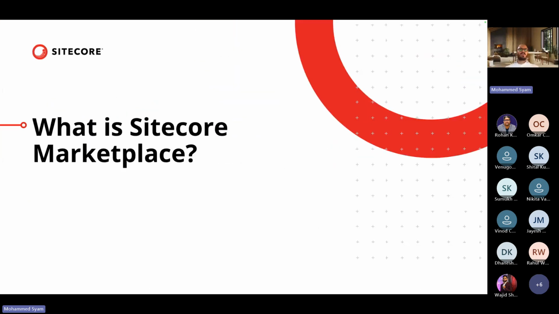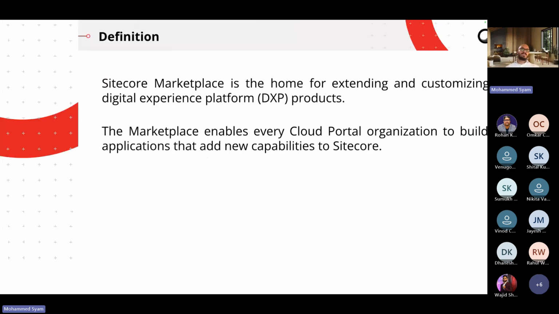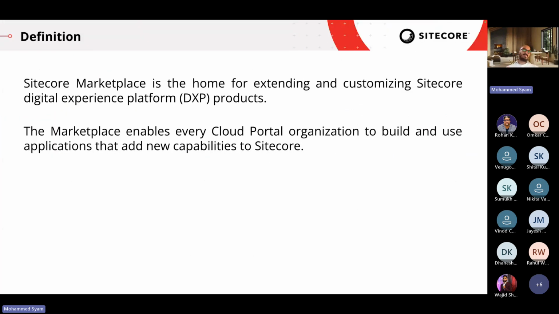So a quick introduction about the Sitecore Marketplace. It's the home of extending and customizing Sitecore experience platform products. Mainly, we're talking about right now XM Cloud. The Marketplace enables every cloud organization portal to build and use applications that add new capabilities to Sitecore. And when we talk about capabilities or what the Marketplace is going to bring to your XM Cloud instance,